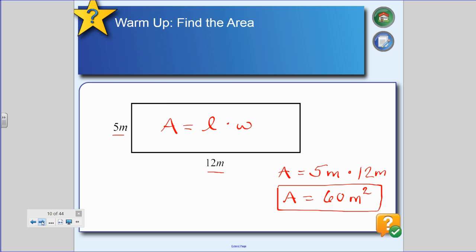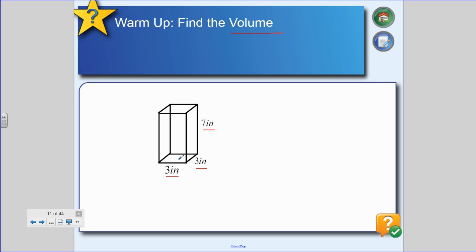What about if we have a third dimensional problem and are finding the volume? The volume is equal to the area of the base times the height. Or for any cuboid, you're just basically multiplying the 3 numbers together. So that's exactly what we'll do. We'll kind of cheat here. Volume is equal to 3 inches times 3 inches times 7 inches. And when I multiply a 3 times a 3, and I can do this out of order if I needed to by the commutative property, 3 times 3 is 9 times 7 is